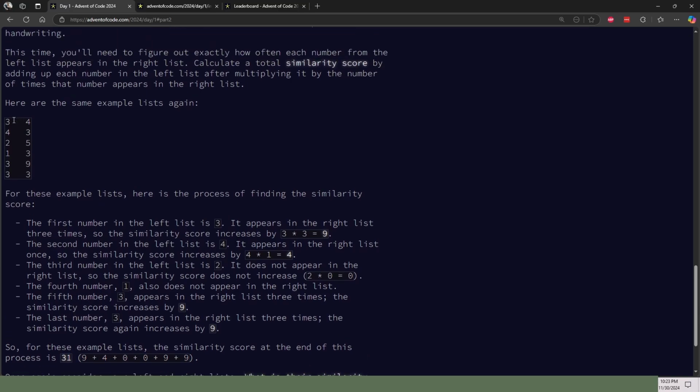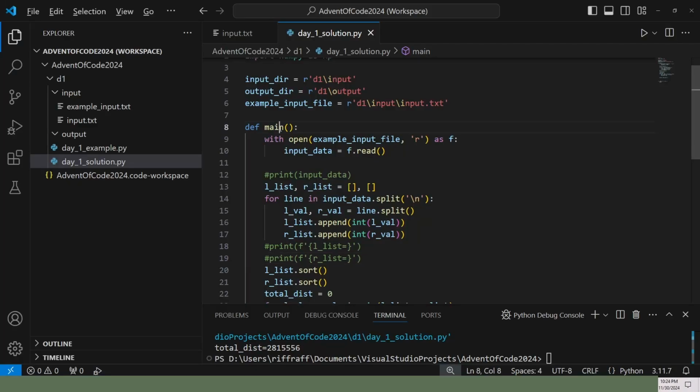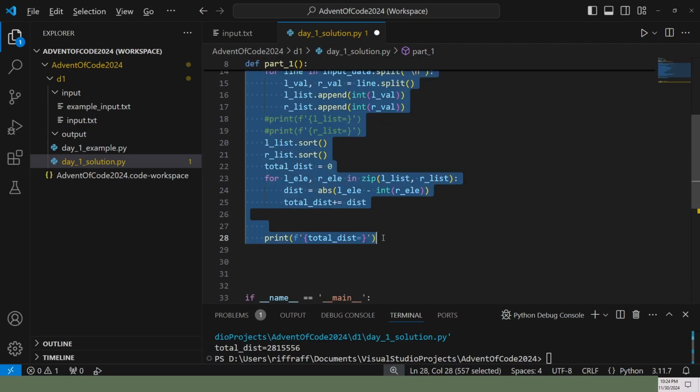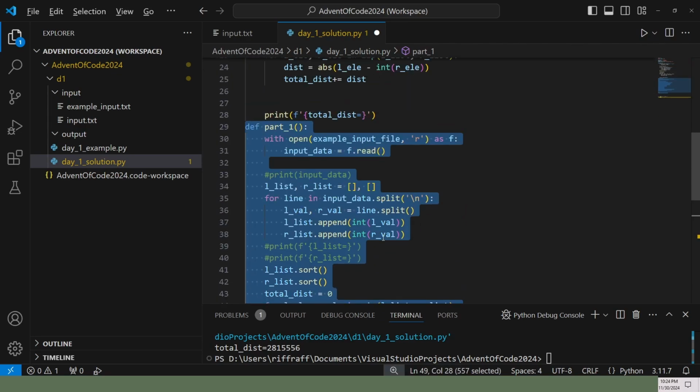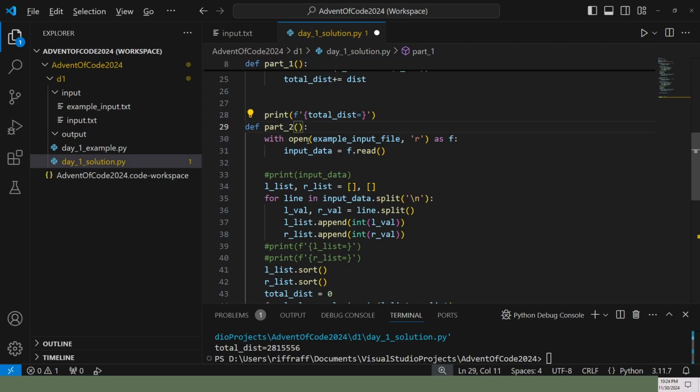So it doesn't look like we're going to be sorting these anymore. But we are still going to be traversing these a little bit back and forth. Let's look at how that's going to work. So this is going to be part 1. And let's just duplicate this for part 2. So part 2 is going to start out kind of similar.